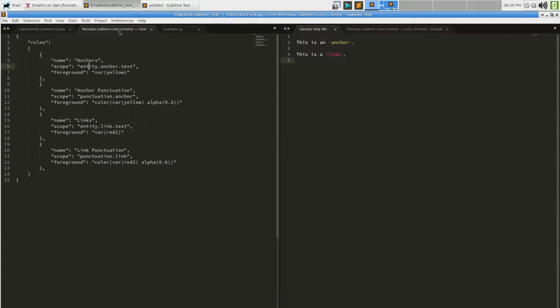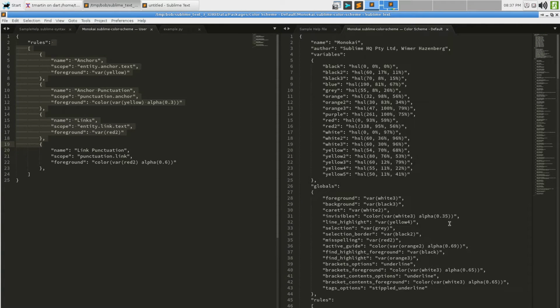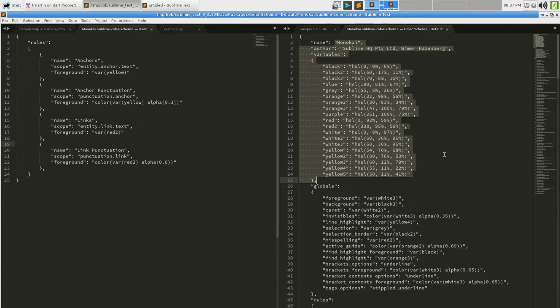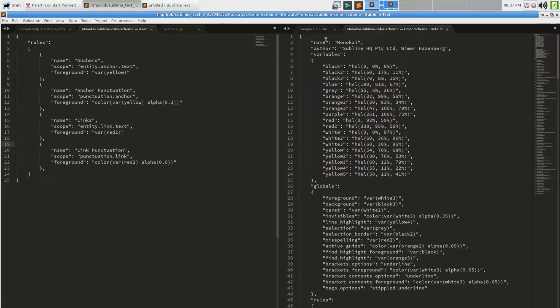So this works regardless. And here, because I'm using the name of an existing color scheme, all I did was add the rules. And of course, as you can see, I have all of this other information on variables that I can just use because my rules are just being appended to the rules. And the global colors are the same in this file as they would be in any file. And if I was to somehow modify the syntax file to support something that Python supports, like a regular string or an integer, those would be highlighted the way we might want.